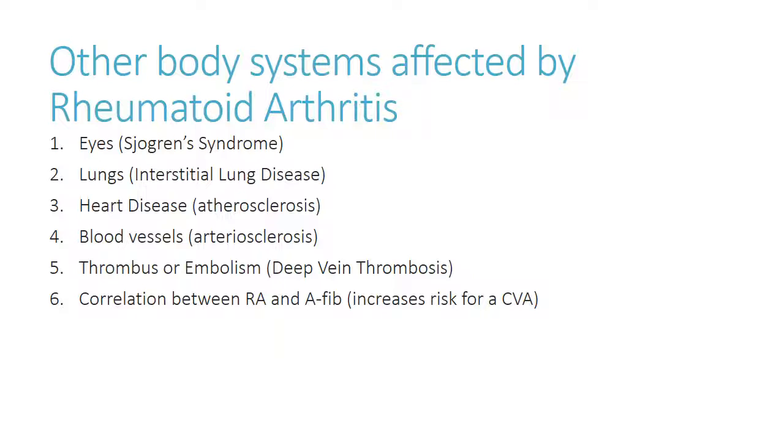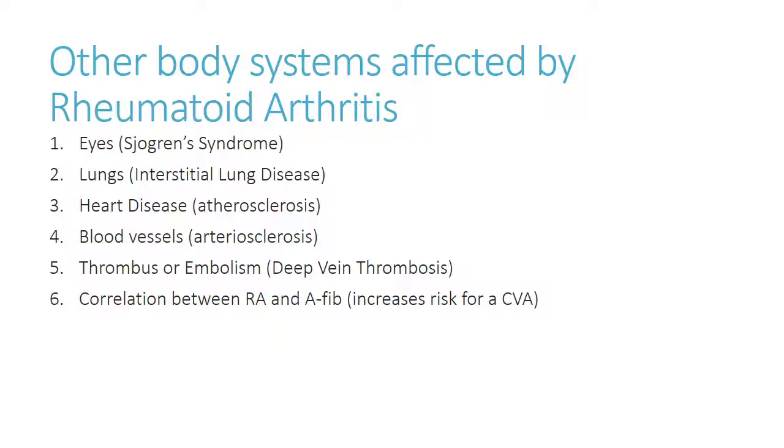Interstitial lung disease is a group of lung disorders characterized by scarring and inflammation in the interstitial lung tissue. The scarring causes fibrosis of the lung tissue, resulting in a decrease in oxygen perfusion from the lungs to the blood. Because of the amount of inflammation present in the body, RA can double the risk of developing heart disease